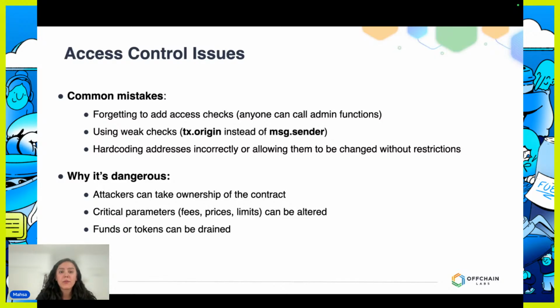The rule of thumb in developing smart contracts is that you should never assume only the eligible people in the world are going to call your function. So you have to always think about access control. Another common mistake is that sometimes developers use weak checks. They use tx.origin instead of msg.sender, which can be attacked by phishing-style attacks. Or sometimes developers even hard code addresses in an incorrect way,